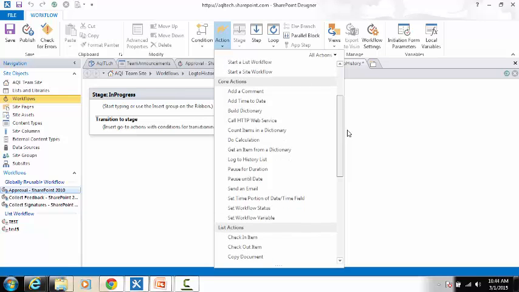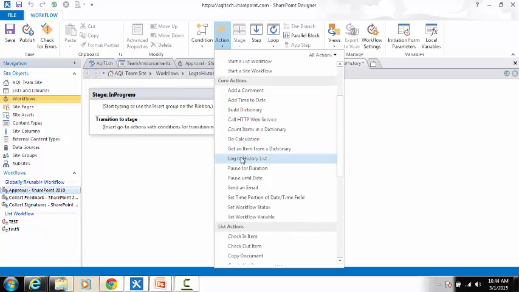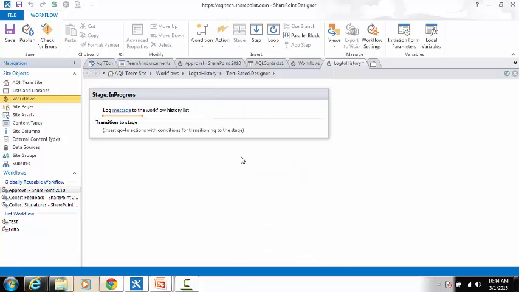Under core actions, you're going to see an action by the name Log to History List. Pretty much what it does is that, as soon as the workflow is started, it's just going to log a message to the workflow history. As of this point in time, that message is not going to be really helpful for debugging purposes, but we just want to see how this whole thing works. So this message is going to be